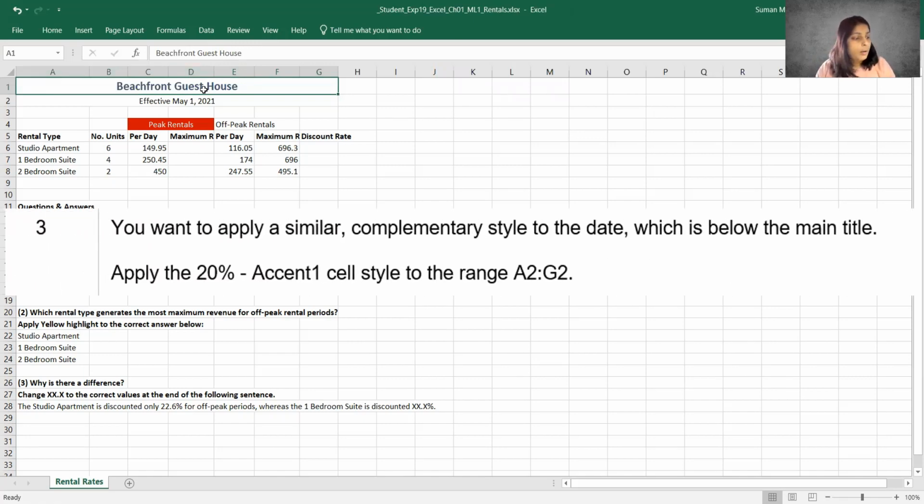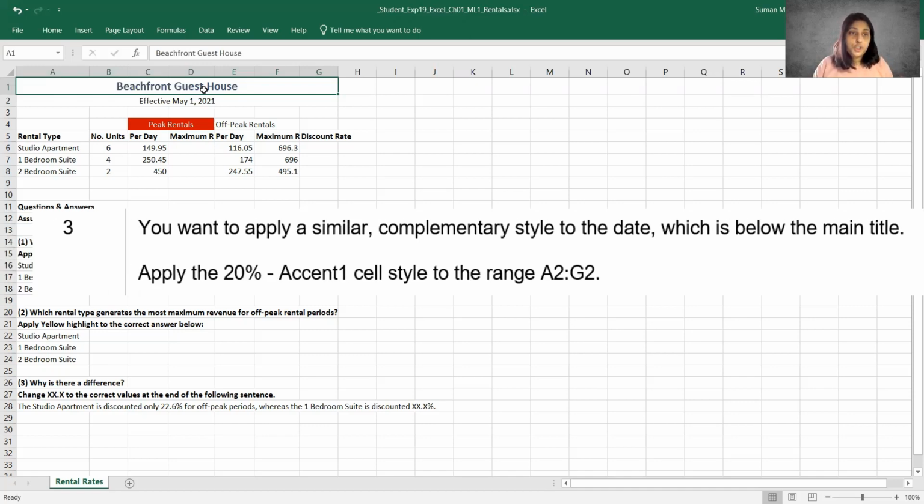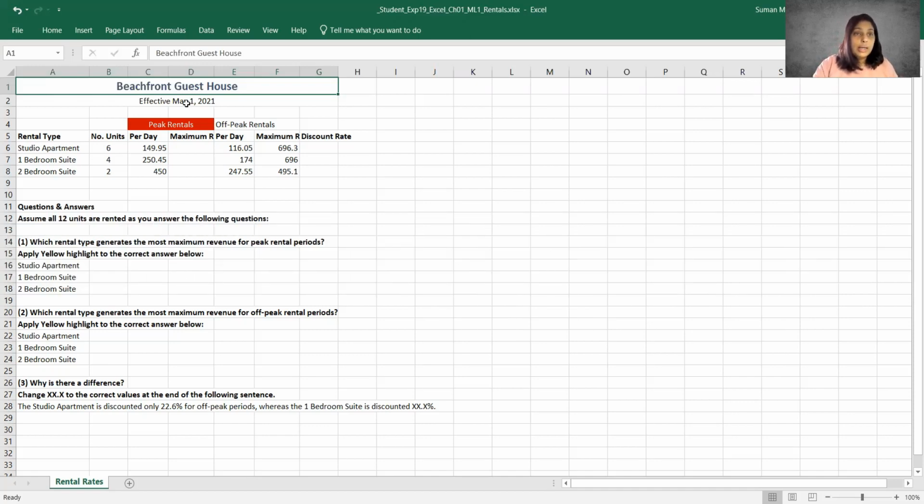Step 3, you want to apply a similar complementary style to the date, which is below the main title. Apply the 20% accent 1 cell style to the range A2 through G2. So I'm going to click this A2 to G2 where it says effective May 1.